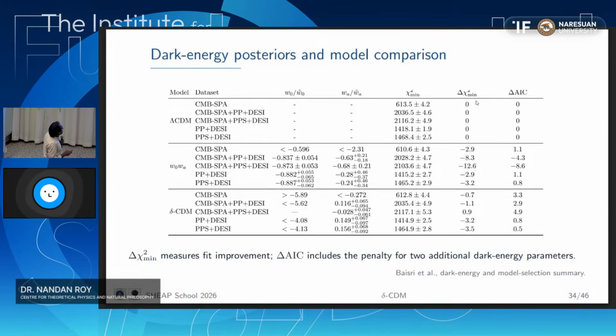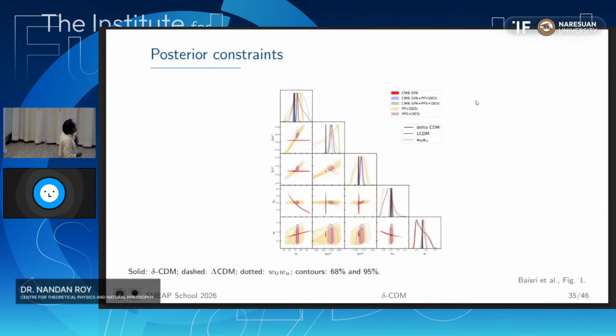And this is interesting because, as I mentioned, we consider an approximation which is a thawing approximation. So when you consider thawing dark energy, it's not better fitting the data. So it's signaling what we started to see, that there might be a phantom barrier crossing, which is another proof that you might have a phantom barrier crossing, and the thawing kind of behavior might not be favored by the data.